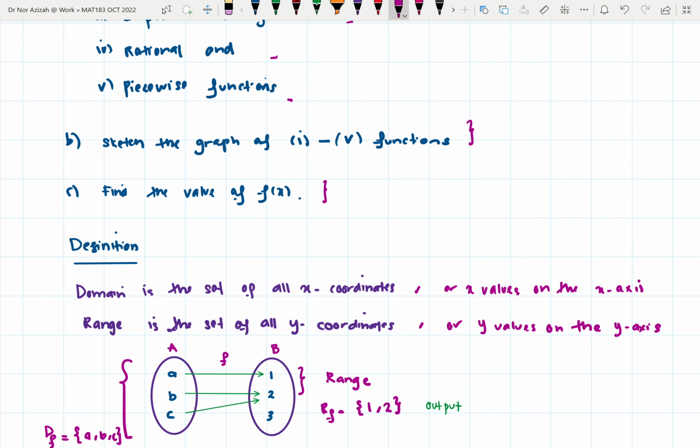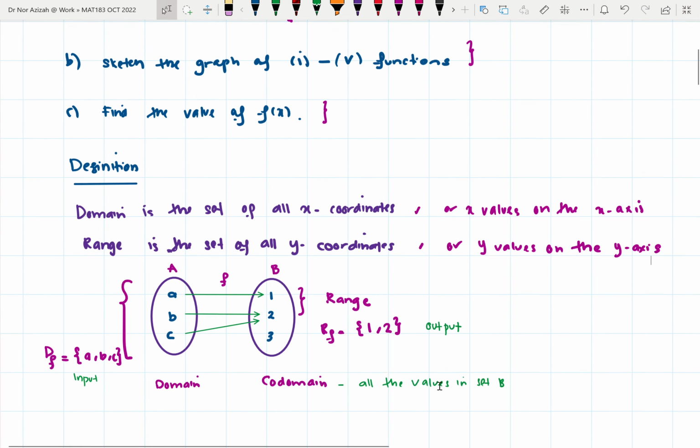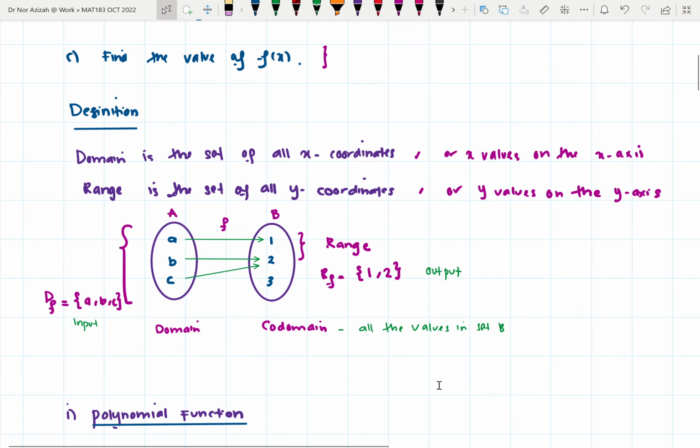Okay, so now look at this figure. We have set A and set B. Set A is called the domain and set B is called the codomain. Okay, but we have another term here, that is range. So we have three definitions here: domain, codomain, and range. Okay, and then we also have